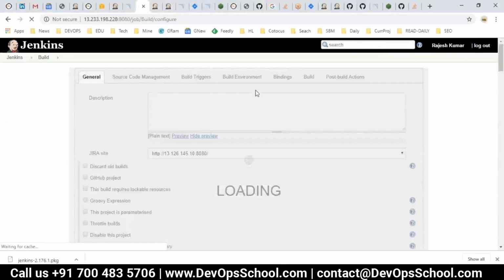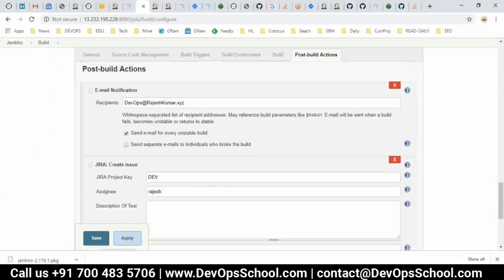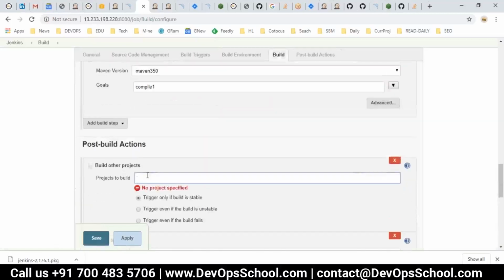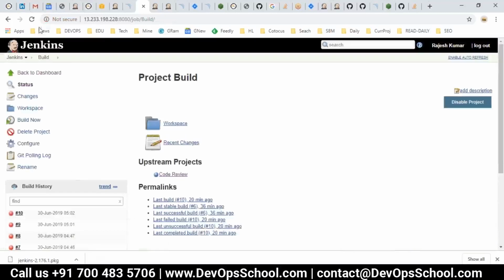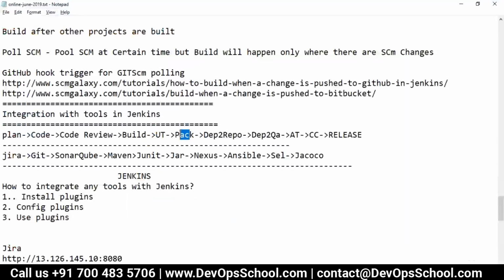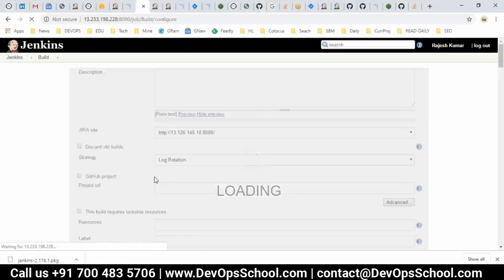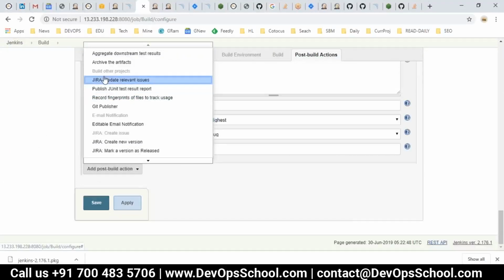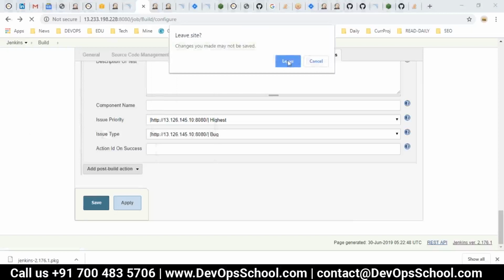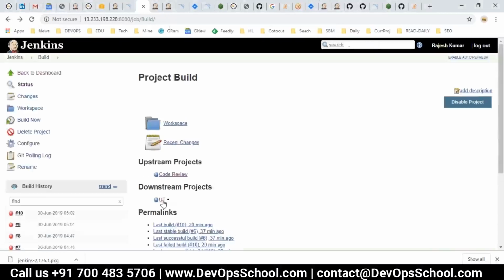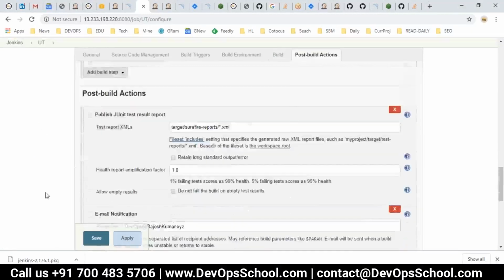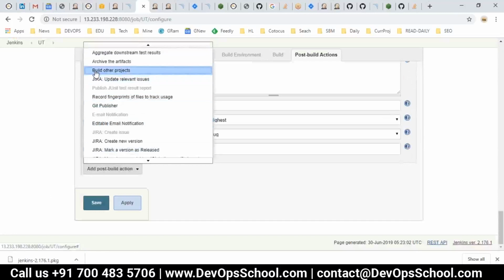Configuration, post build action, build other project, UT, and save it. Now refresh it. UT should be integrated with the packaging, build other project. Oh, sorry, leave. UT should be replaced with pack, build here, build other project,